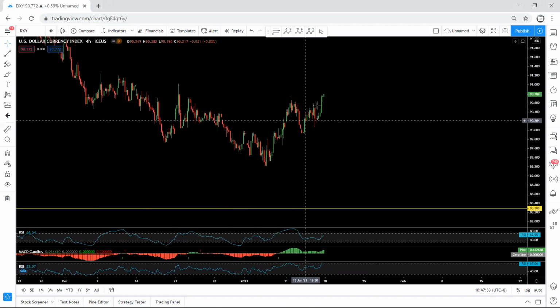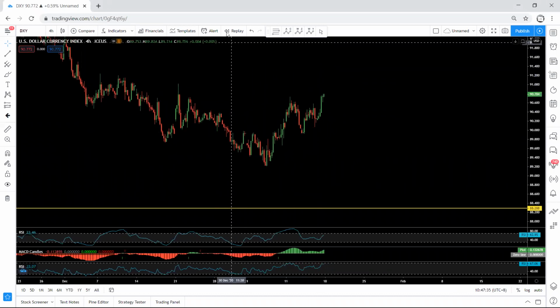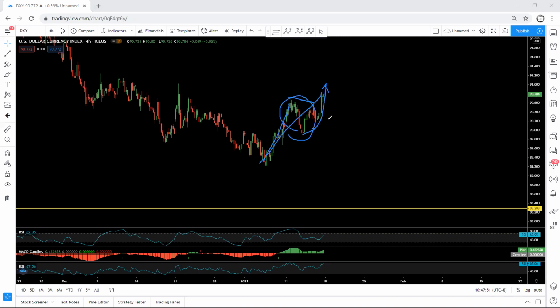Based on what we have right now, we can put this correction only in relative to this, and this is the next. If we say this is the only correction we have and this is the only move, based on the divergence we can expect the down move for next week. That means if the price sharply drops, after any correction we can look for sell. If this is the only move, how high it can go, we are not sure.